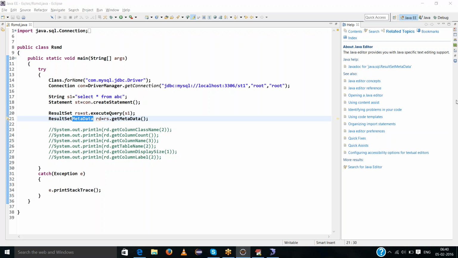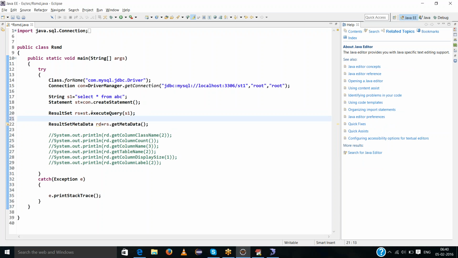Yes, I just wanted to understand the logic in line number 20 and 21. For example, the query is executed or not? Yes. After the query is executed, the total information is in the RS. The table information is also there in RS, and the connection is also there. Then the statement object is also there. The total information is available in the result set.